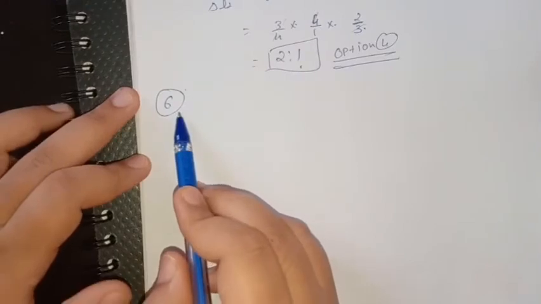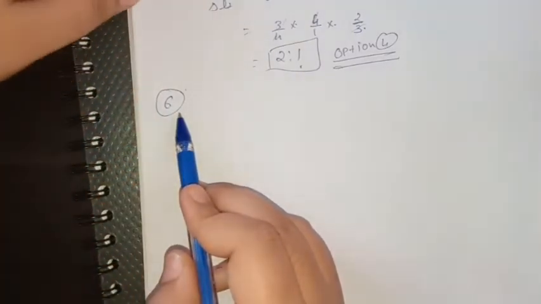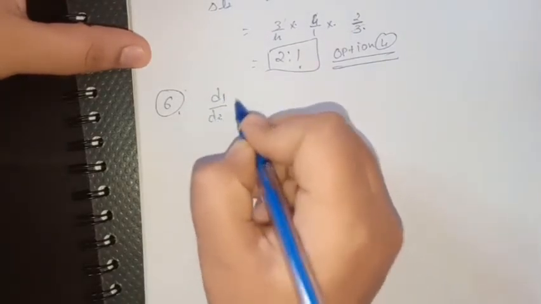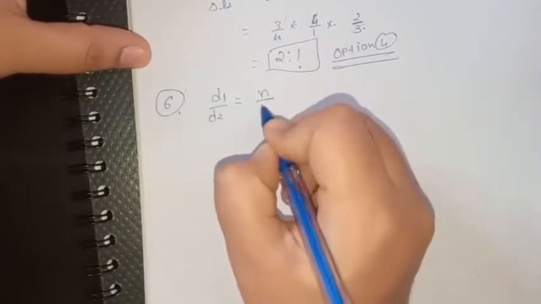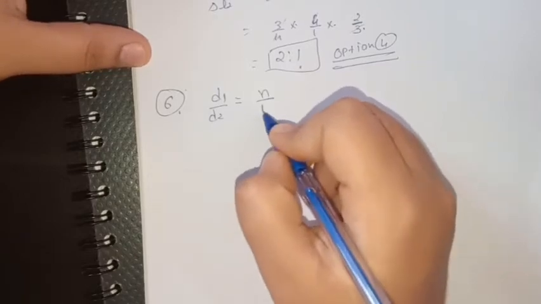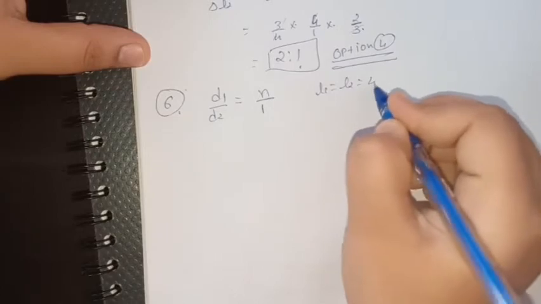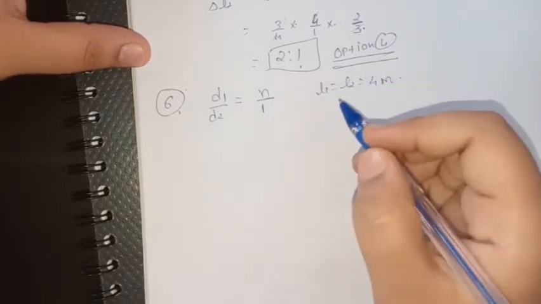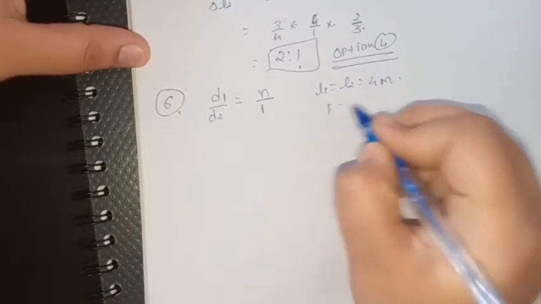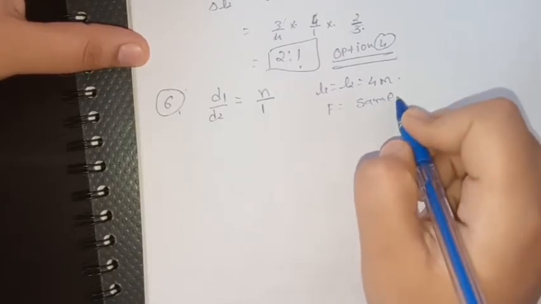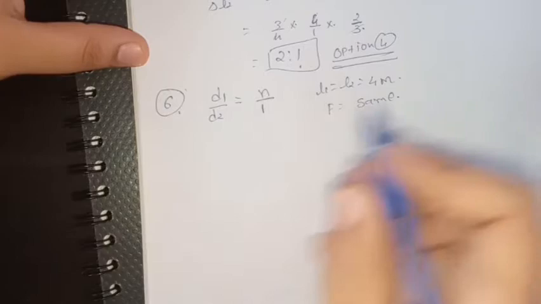In question number 6, the ratio of diameters of two wires of same material is given as d1 by d2 is equals to n:1. The length of each wire is 4 meter. So L1 is equals to L2 is equals to 4 meter. On applying same load, that means force is also same, the increasing length of the thin wire will be,